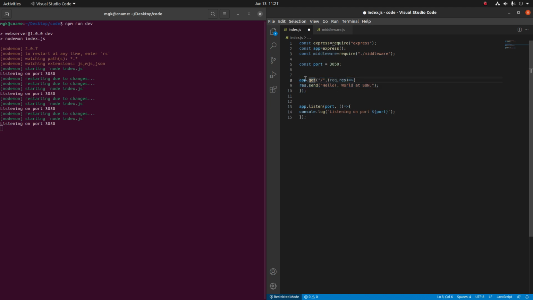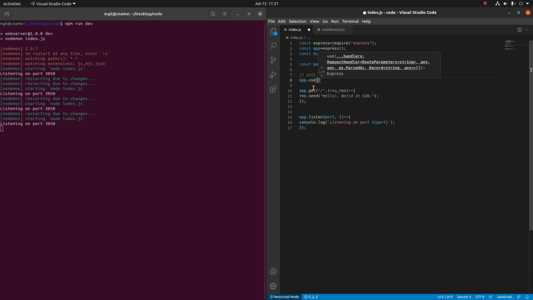Here we are making a request, so before that I'll write the syntax first in comments, initializing middleware. So app.use, and then the variable which we have here, which is a constant, middleware, and then the function name, logger.